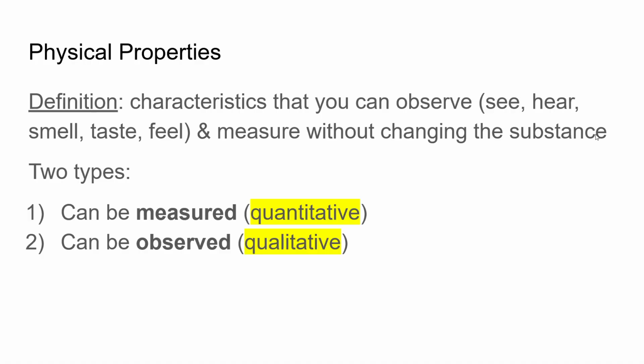To begin, physical properties are characteristics that you can observe or measure without changing the substance. So this last phrase, "without changing the substance," is really important because it's what distinguishes physical properties from